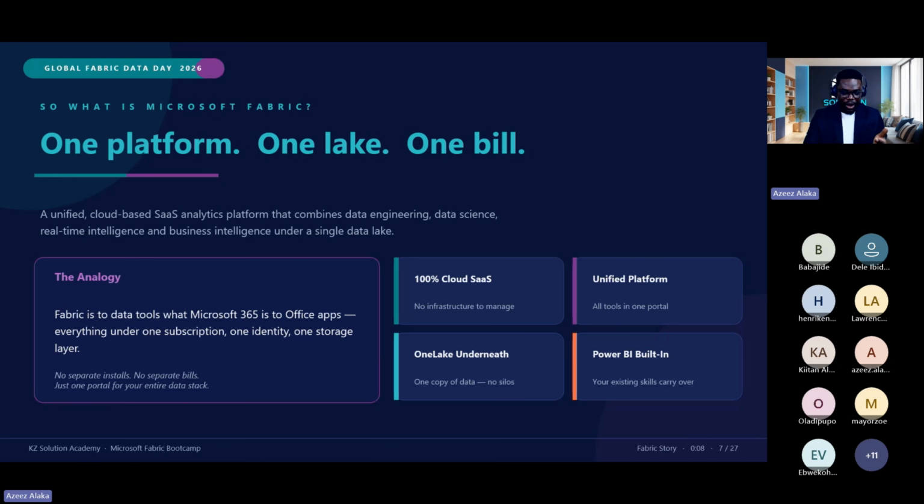Now, before the advent of Fabric, or maybe other solutions are doing it, the management would not know if their bike man or their agent was unable to deliver the food until the client called, until the client reached out to them, or after some time. Why? Because there was no real-time reporting. But with Microsoft Fabric, you can ingest the data in real time.